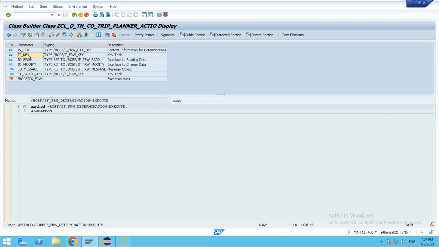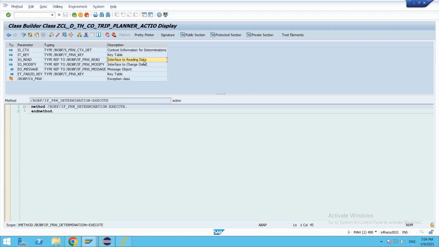Having already worked on code-based OData services, we can easily map these importing parameters. If you see IO read, this will provide the capability to read the data